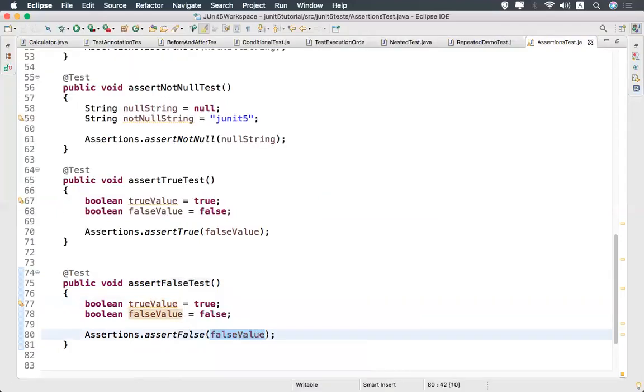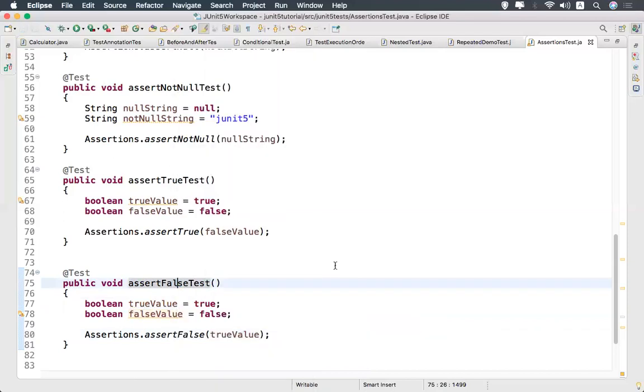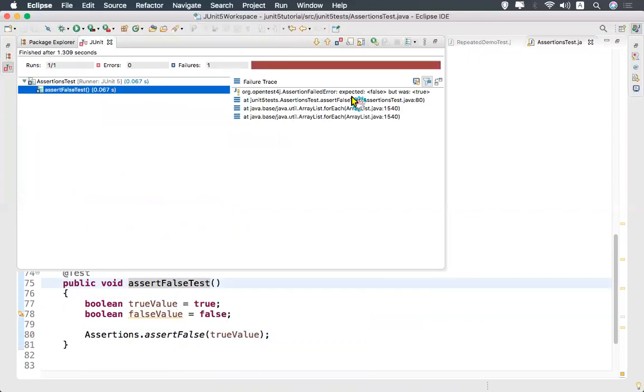Okay, it is expecting false value, but I gave true value. So now obviously it will fail. Expected false, but was true, you will get. You see that it failed, expected false, but was true.